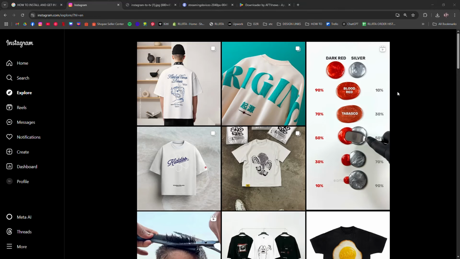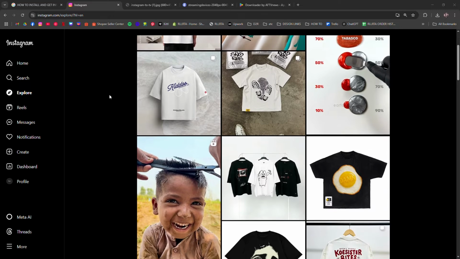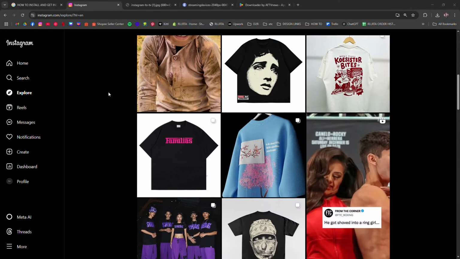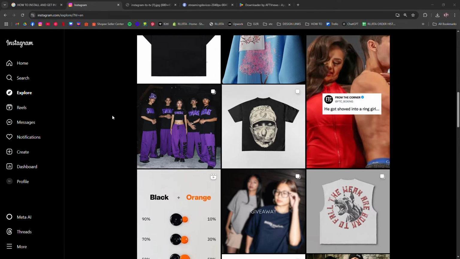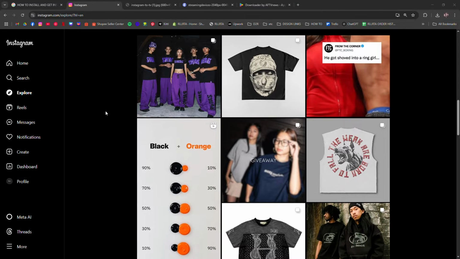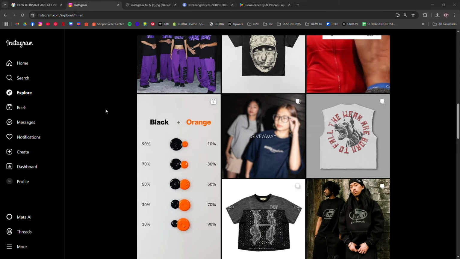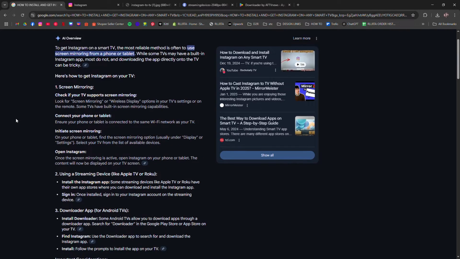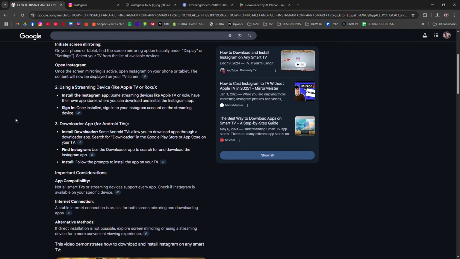How to install and get Instagram on any smart TV. I'm going to tell you how to install and use Instagram on any smart television, even if there's no native app. First, check your TV's app store. Most smart TVs like LG, Samsung, or Vizio don't have an official Instagram app, but that's okay because there are